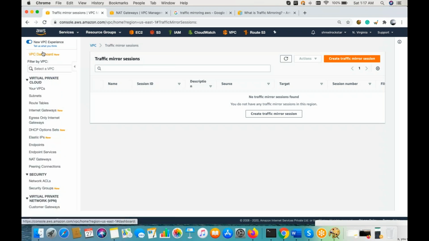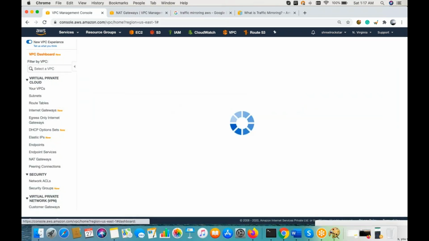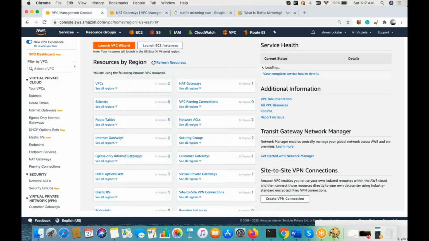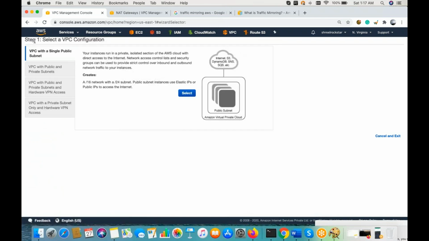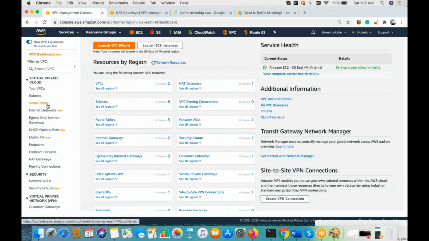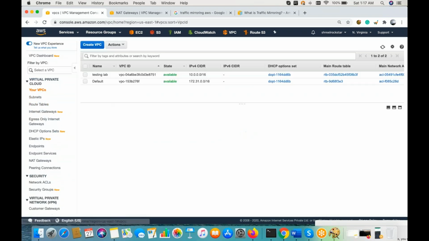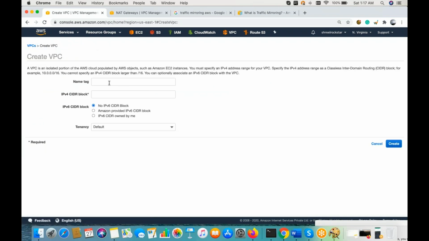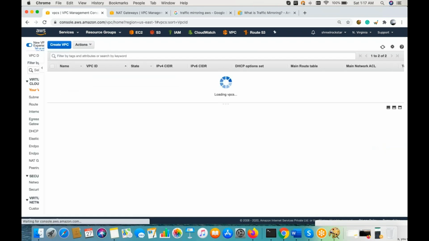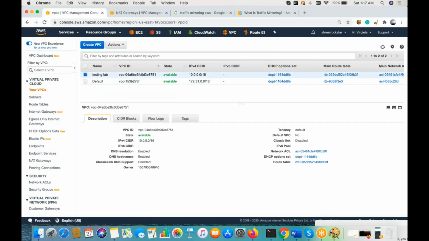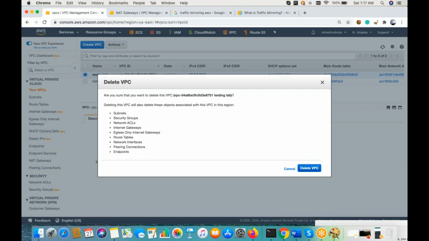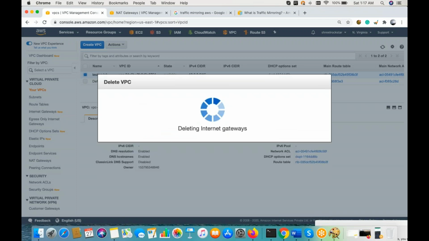Right. So meanwhile, let's take a look, guys, at other options. Same thing, guys: instead of creation from the wizard, you have a very nice option available. You can go here in VPC and create a VPC, and you can also create it manually, right? By providing the CIDR values.